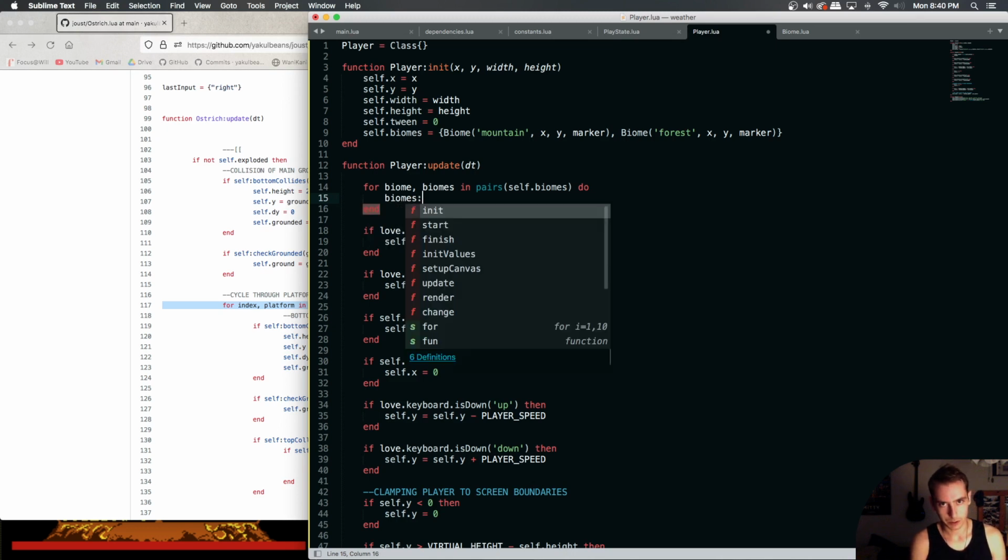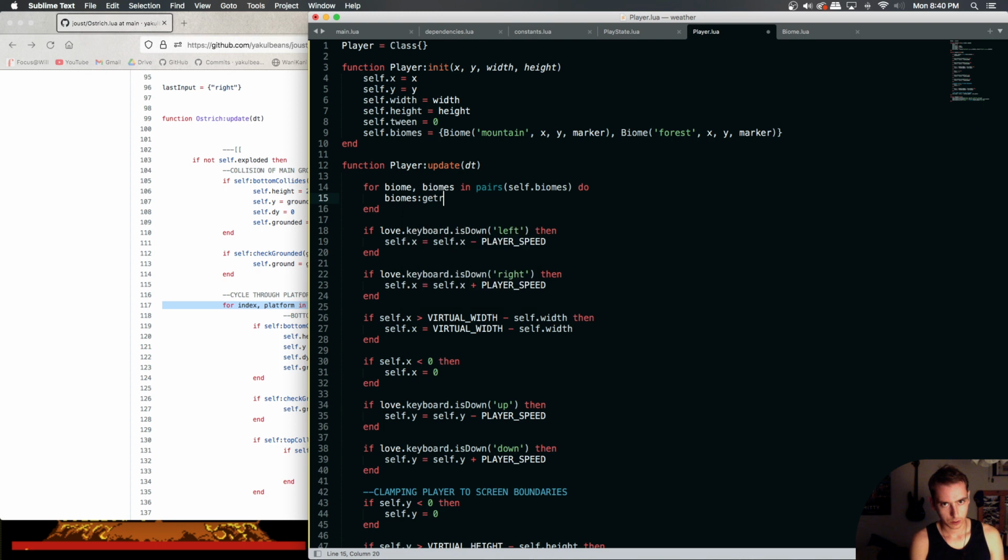Yeah, we need to run a function saying like get tween values, and so this would run get tween values on every object in this list, and we populate this list with every biome we have,